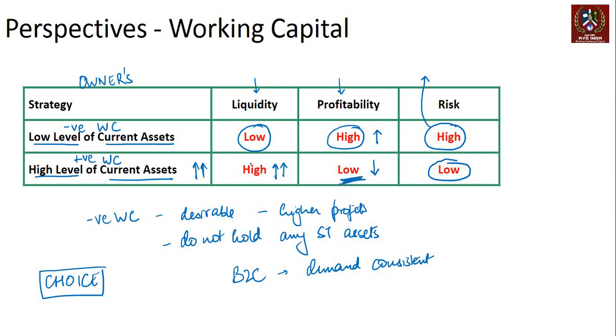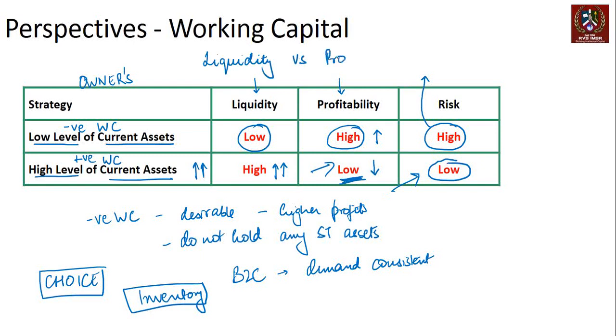So you can choose to keep a lot of inventory, but that has a cost, which will reduce the profitability to a lower level. But at the same time, it reduces the risk also to a lower level, for example, right? So it's important to understand from whose perspective we are looking at the working capital. And within that, the decision making is almost always on a question of your liquidity preference or the risk you carry there versus the profitability risk, right?